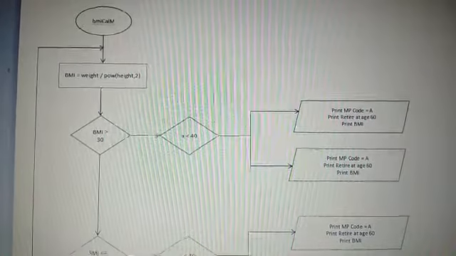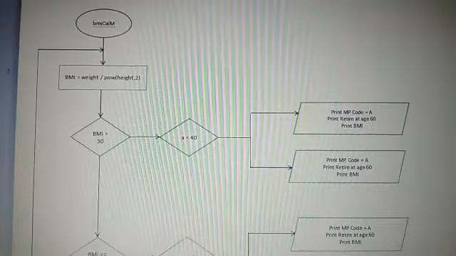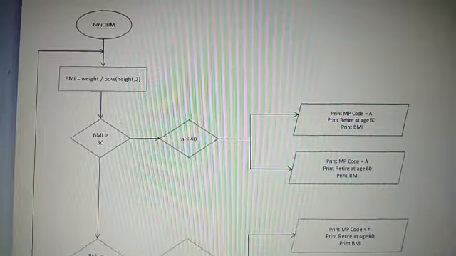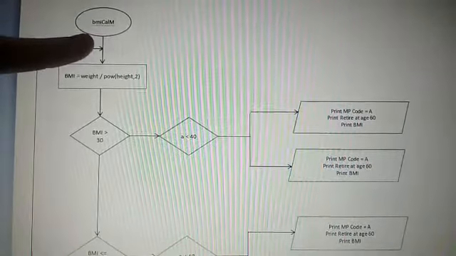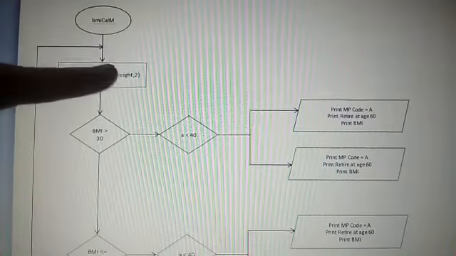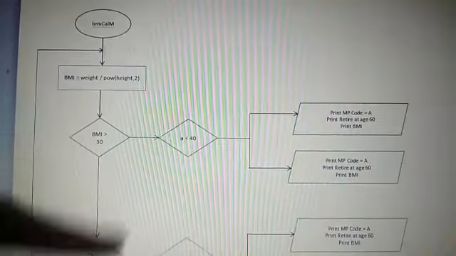I will explain more about the flowchart that has been done based on the task given. As we know, a flowchart is a graphical representation of a computer program in relation to its sequence of functions. Basically, in this flowchart, we have three functions: BMI calculate M, BMI calculate F, and main function. As we can see, after calling function BMI calculate M, we need to calculate BMI before it goes to the if selection.